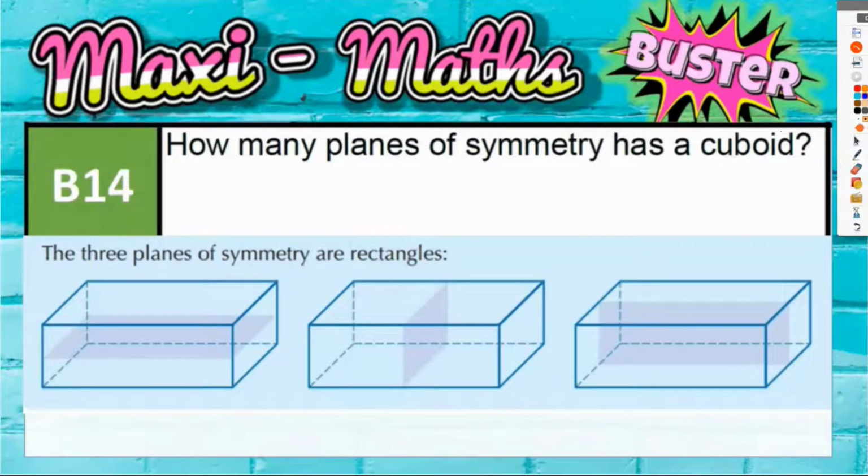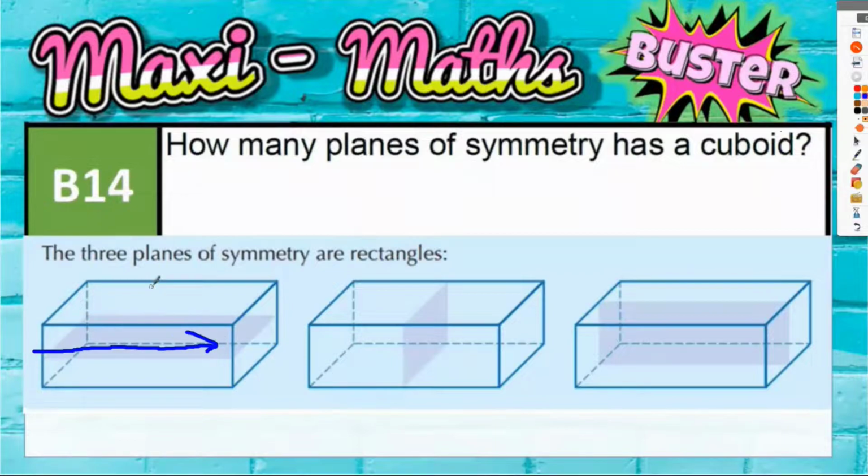Question 14. How many planes of symmetry has a cuboid? Now, planes of symmetry are to 3D shapes what lines of symmetry are to 2D shapes. So it's just a question of how many ways can you slice the 3D cuboid in half. If you can slice it in half and the two halves are reflections of each other, then that is basically a plane of symmetry. So you can slice this cuboid in half